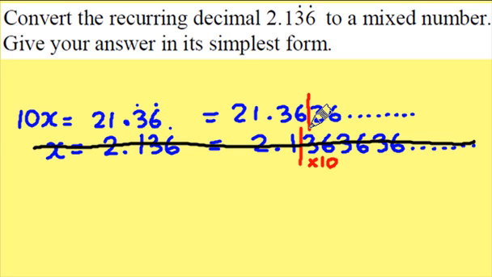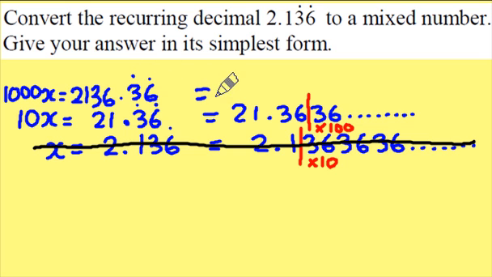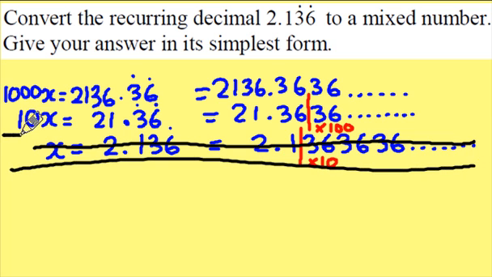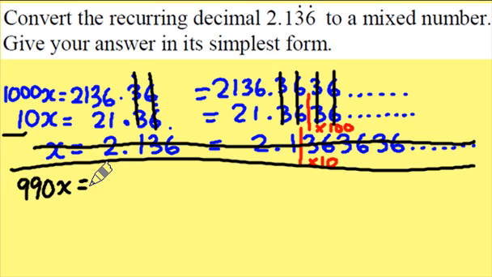going to move to the first recurring point here by timesing by 100. I have to be careful. I'm multiplying 10 x's by 100, which produces 1000 x's. And the number I'm going to end up with will be 2136.36 recurring. And in its long form, again, you'll notice how the recurring points do line up. Subtracting one away from the other, again, the 6's will vanish, the 3's and the 6's, all the way through to the recurring components. I'm left with 990 x's, which are equal to, now I've got to subtract carefully, 6